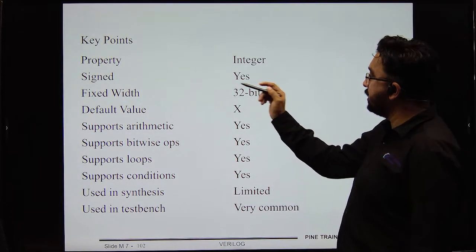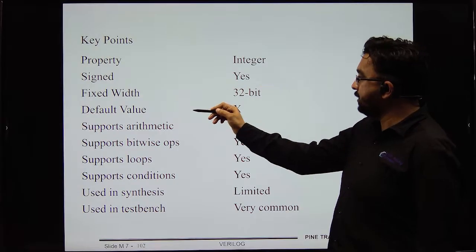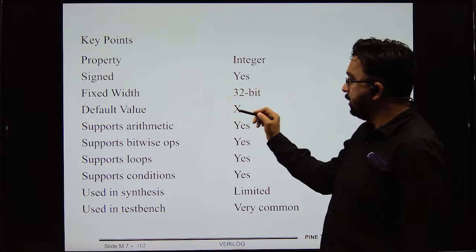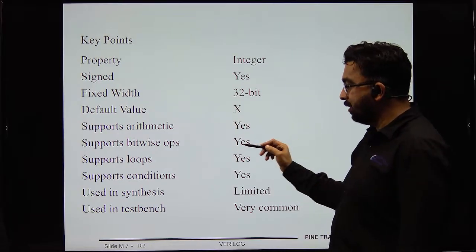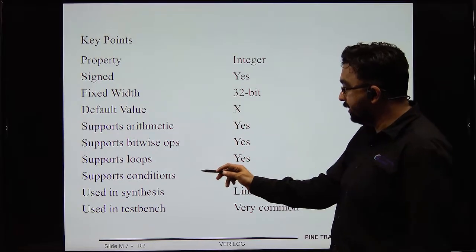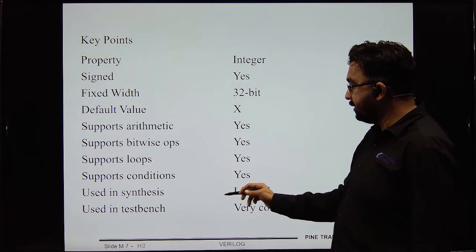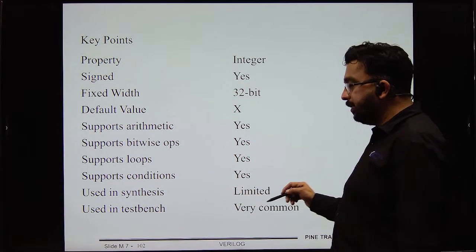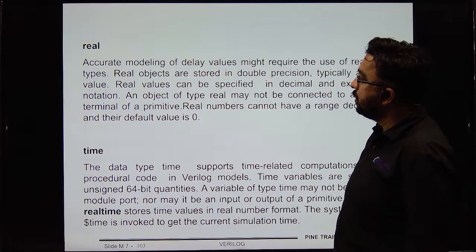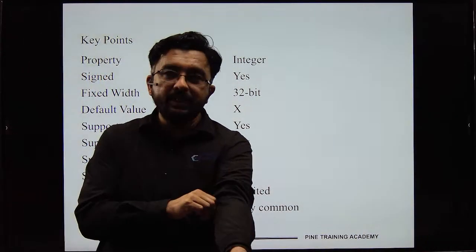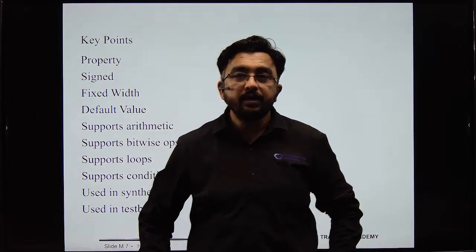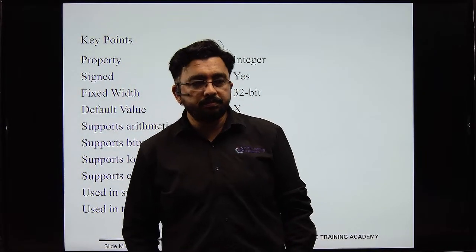Okay, key points, property again. Integer property: sign, yes. Fixed width, yes. Default value, yes. Support arithmetic, yes. Support bitwise operation, yes. Support loop, yes. Support condition, yes. Support synthesis, limited. Use in test bench, very common. Okay, so I have covered each and every aspect of the integer today, okay, and please try to